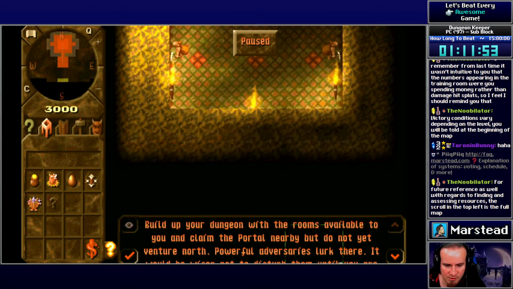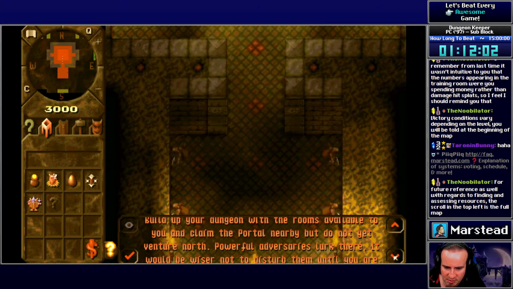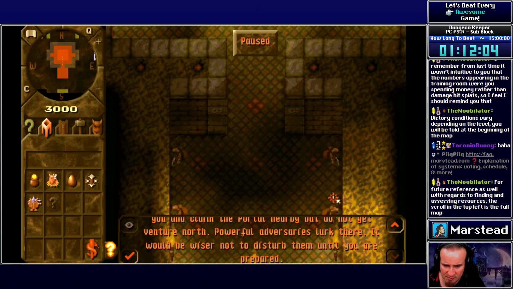So my rules were, build up your dungeon with the rooms available to you and claim the portal nearby, but do not venture north. Powerful adversaries lurk there. It would be wiser not to disturb them until you're prepared. Okay, so